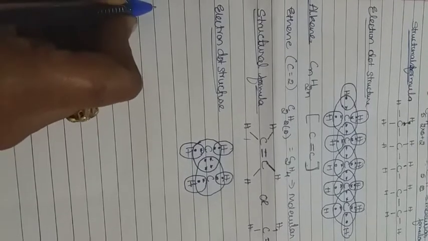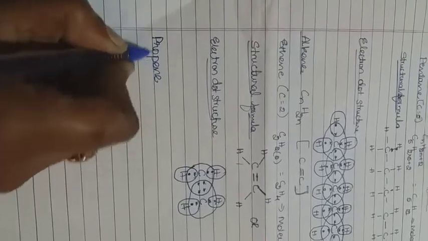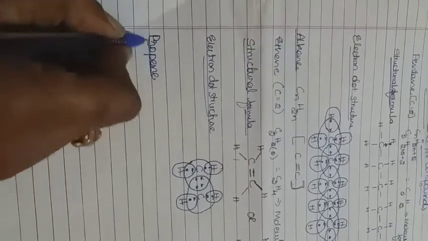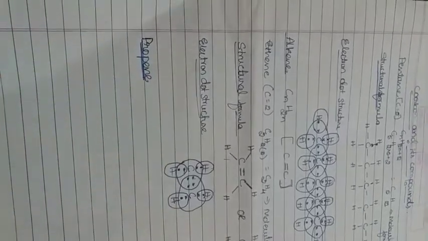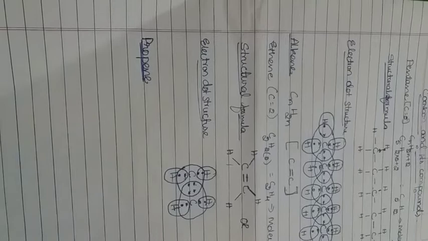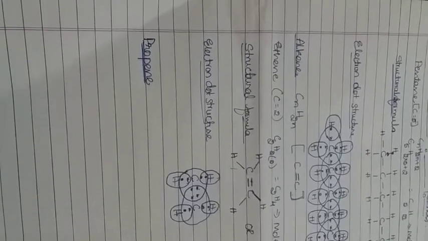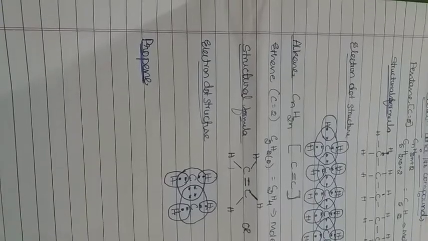Let us draw the next one, that is ethene. Methane, ethene, propane. Let us take propene. Propene is very important. If you take propane, that is an alkane. Keep in mind, because alkane ends with "ane", those names also should be pronounced as alkane: methane, ethane, propane, butane, pentane, like that.